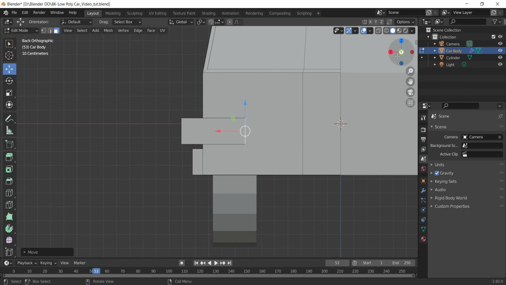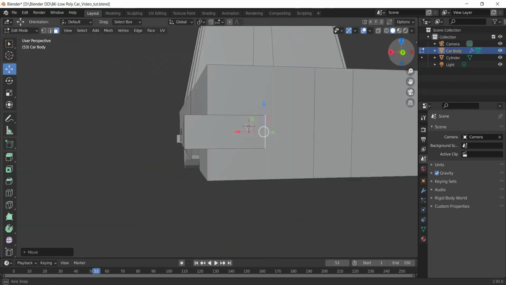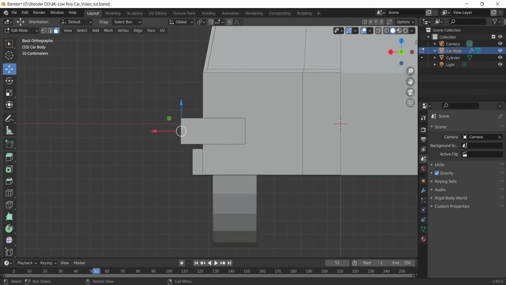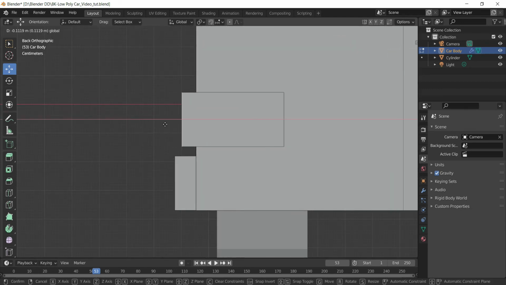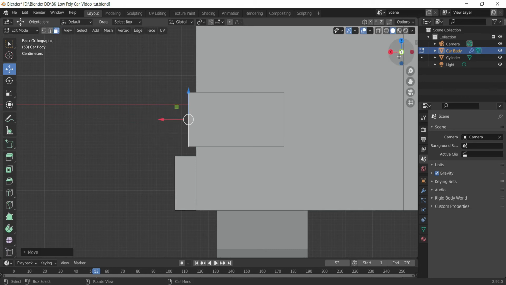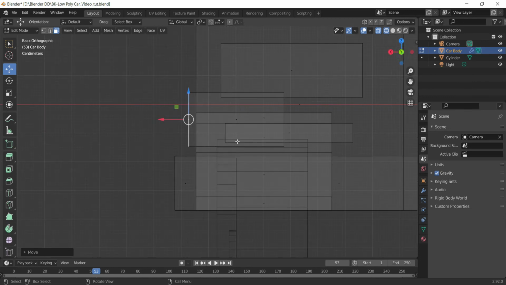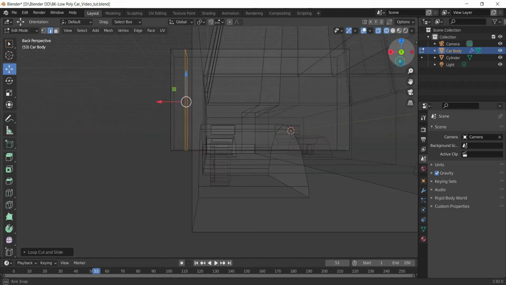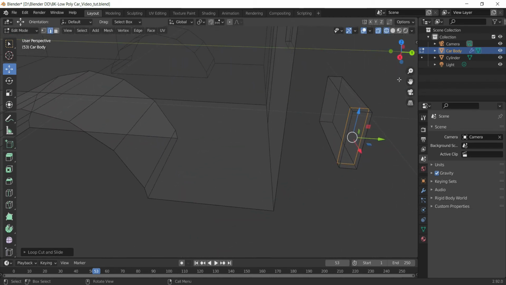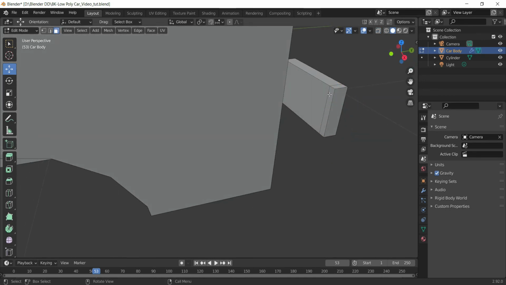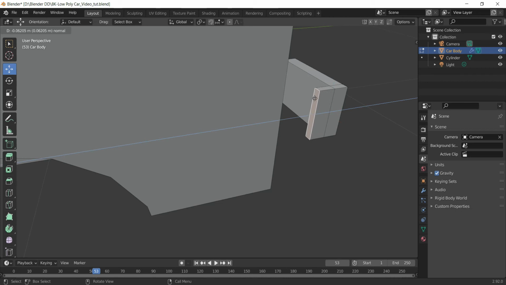Alright, that seems to be right. This one also. Let's come to the back orthographic view, and this much seems good enough. And then we will add a loop cut over here and align it with this edge. And then we'll extrude this face like this.